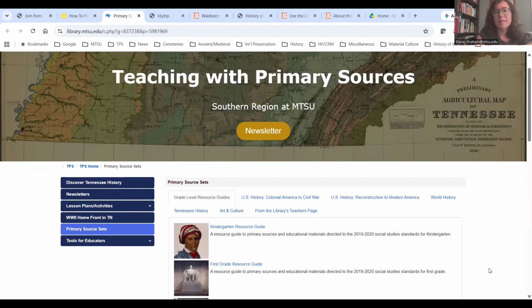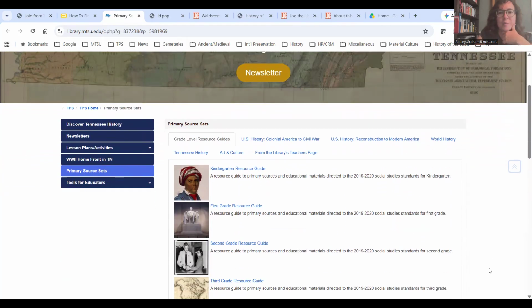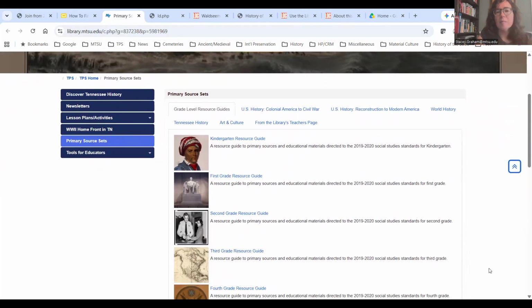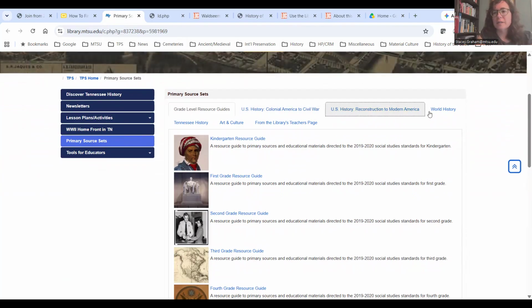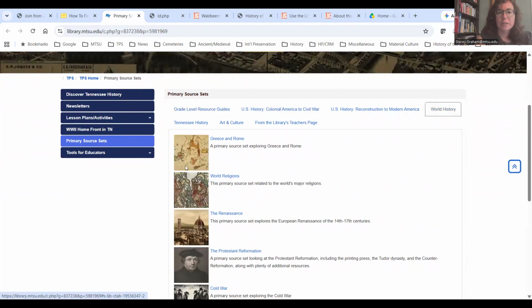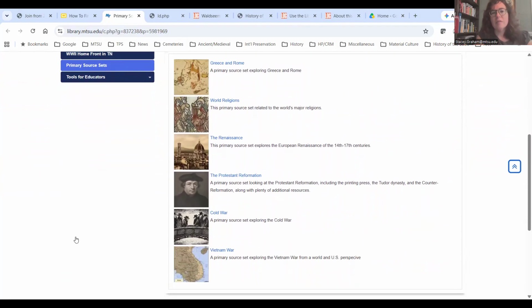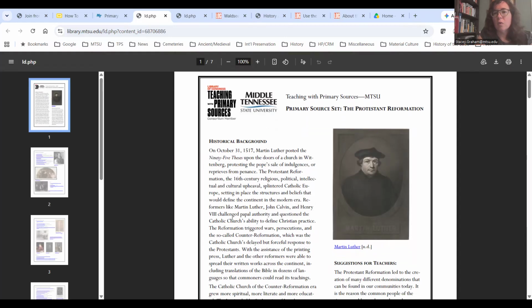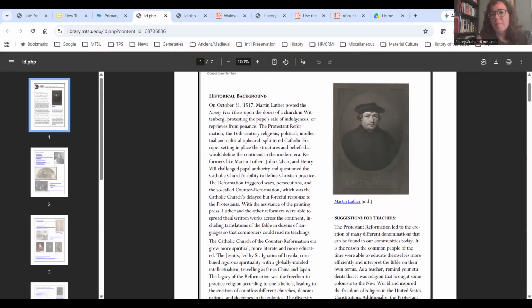And so within our website, which of course there's our banner, which you might be familiar with, we have primary source sets under all these different tabs. And so you just go to the tab on world history, and then you can see we've got Greece and Rome, world religions, the Renaissance, the Protestant Reformation, the Cold War, and the Vietnam War. And so